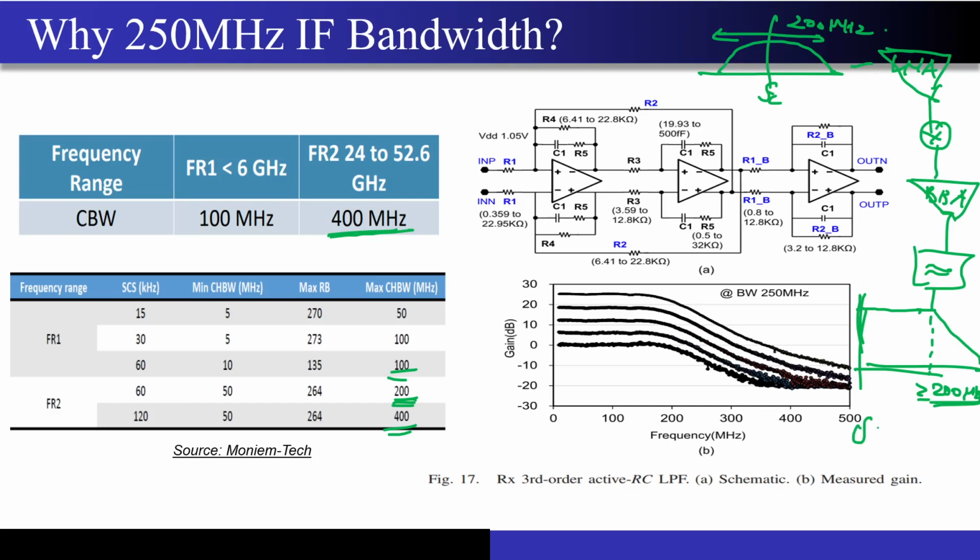Why a lot higher power? Because we have seen UGBW is nothing but gm by CL. If you want to increase the UGBW by 4x or 5x, your current consumption has to go up by that much factor, which means you are going to consume a hell of a lot of power. So I hope you appreciate the importance of all this stuff, and why we are studying the active RC filter, why that question was given to you in assignment number 2, why you were asked to calculate the sensitivity, and why you were made to solve the numericals on the tolerances, right? Each and everything has a particular application. It is just that you have not been exposed to the field.